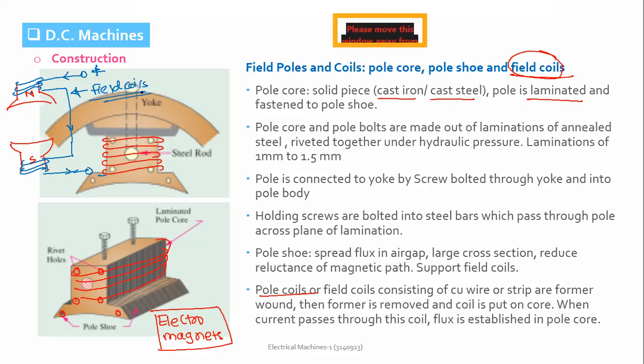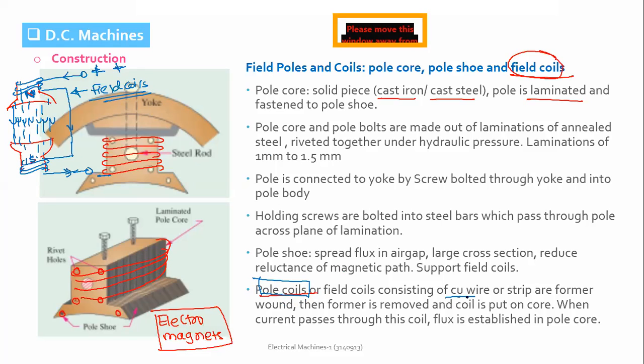Copper coil, which is a continuous coil and connected to the DC excitation. So when the current is passed through this field coil wound over the field pole here, it will produce the magnetic field, which will be steady state, stationary. Why is it stationary? Because here we have connected DC supply. So the current through the coil will remain in the same direction, and that is why this will always act as an N pole. Suppose it is wound in such a way that this will always act as an N pole, then this will always act as the S pole. So the flux direction will remain the same in the machine. This is about the field coils or field winding.